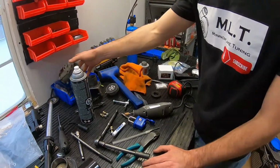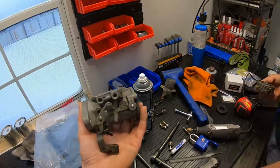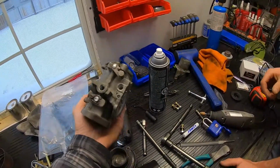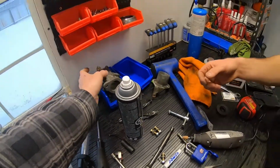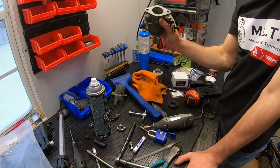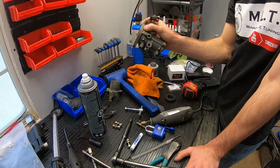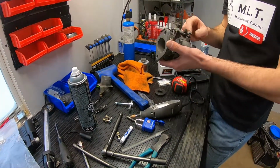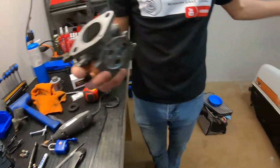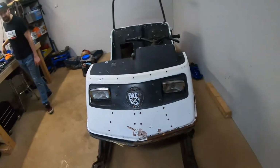Can't get parts. Bye-bye. And apparently this carb is, I wouldn't say oddball, but they didn't use it on very many models. All the Lands are different. All the little TNT 440s and everything use a different one. The HD is the size. This was the biggest one they had, 140 HD, I think it is. The 140 designates where all of your throttle is and everything. And they only had the 140 on a 73 Elite. So unless I'm getting a carb off this exact unit,